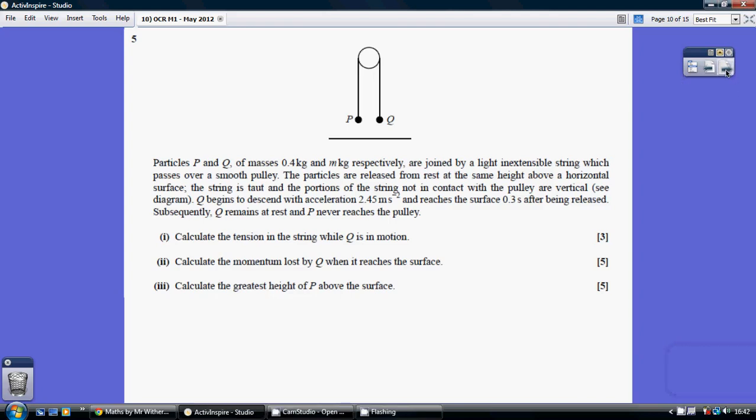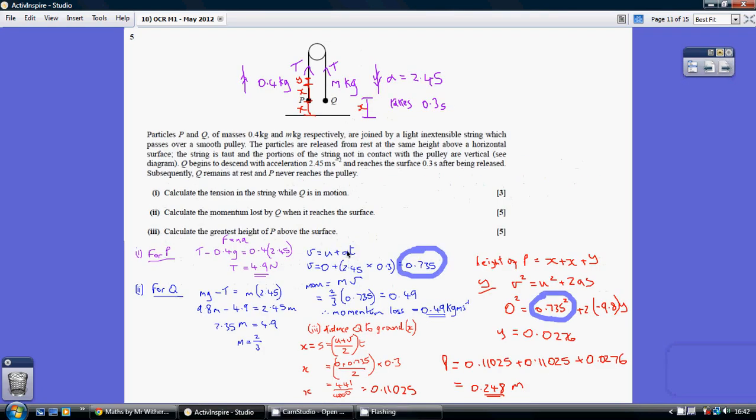Question 5. To calculate the tension in the string, we're better off looking at P, as we know the mass of P, but we don't know the mass of Q, so we're better off focusing on P for the purpose of working out the tension. Now we have movement, so we need to use